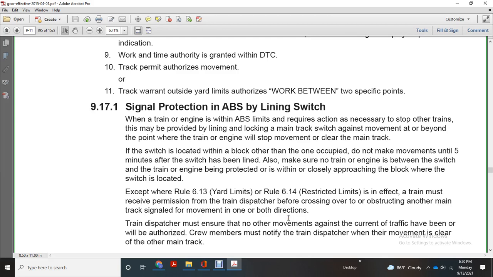Signal protection with the automatic block system, lining switch. When a train or engine switches within absolute block signal limits, the action necessary for the stop of the other train is required, to provide with the lining and locking of the main track switch against the movement at or beyond the point. The train or engine will stop the movement clear of the main